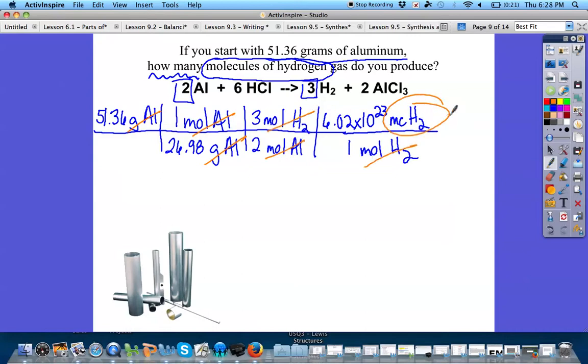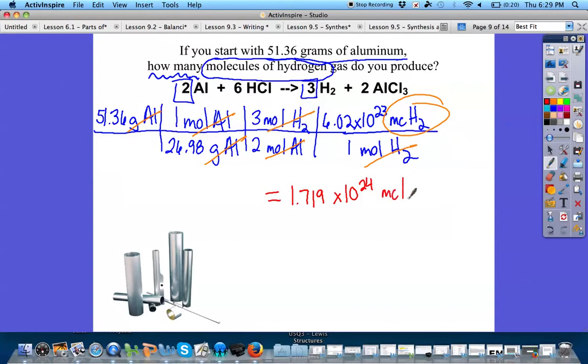We're going to be left with molecules of hydrogen. So we're going to take 51.36 times 3 times 6.02 times 10 to the 23rd. Then divide all of that by 26.98 times 2. And you should get 1.719 times 10 to the 24th